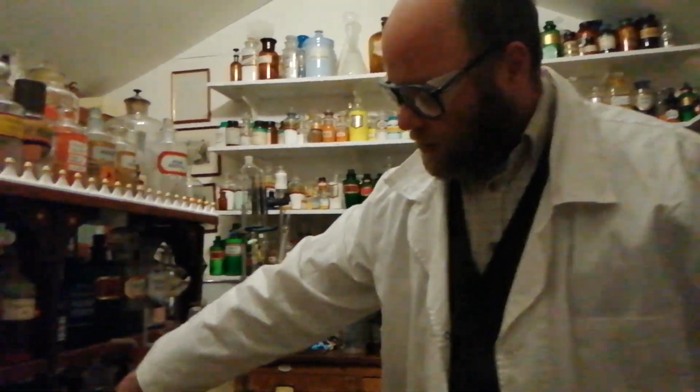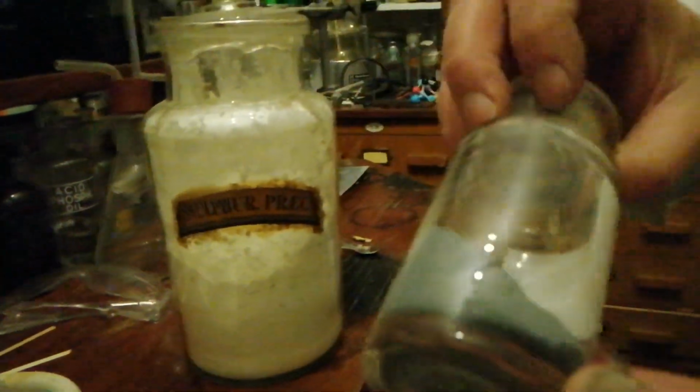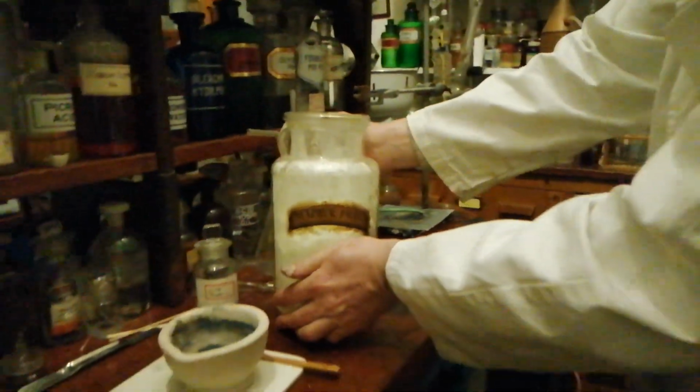Now, I did say we'd be doing some more experiments with sulphur, and one of the very first experiments I remember at high school, which was performed by my chemistry teacher, Mr. Weir, was combining two elements, namely zinc, in the form of a powder, zinc powder, mixed with equal parts sulphur, which of course is a yellow powder that we were looking at earlier, reacting with